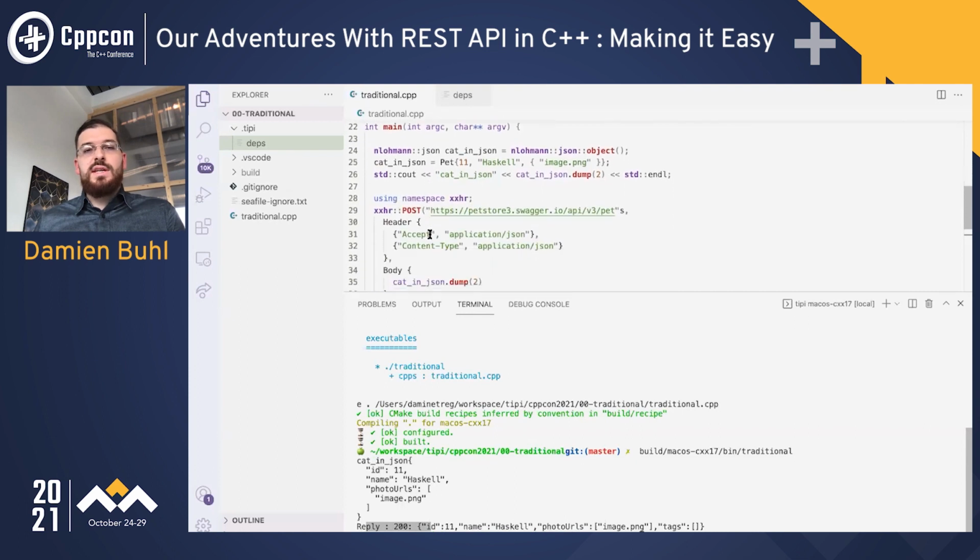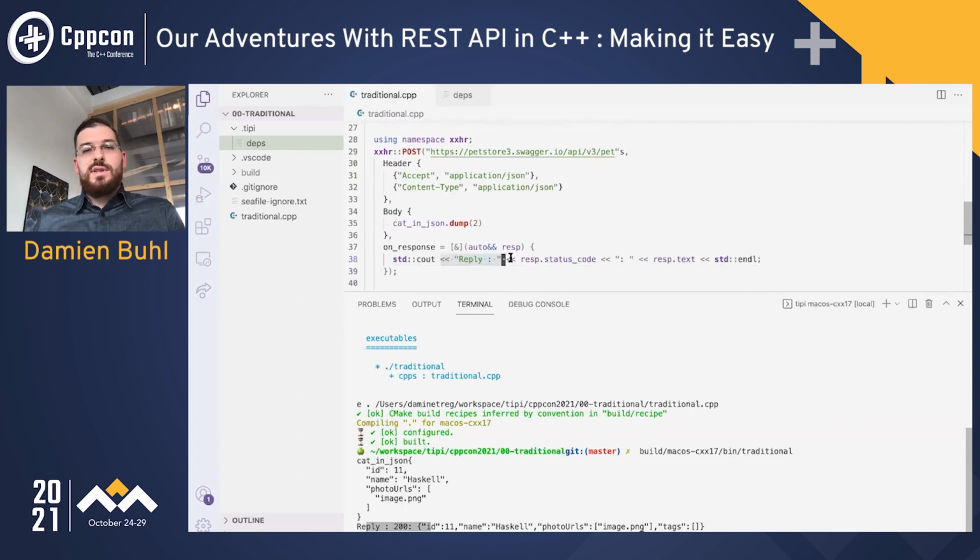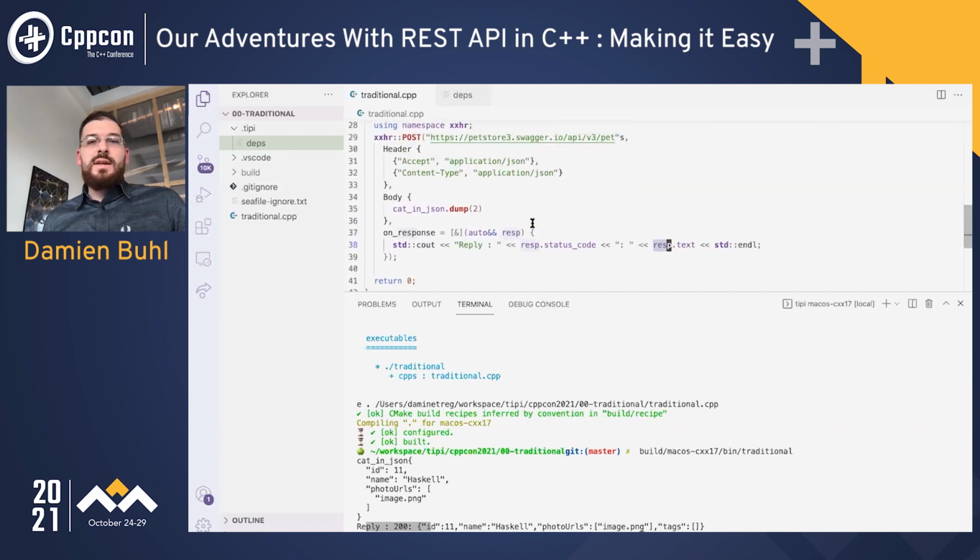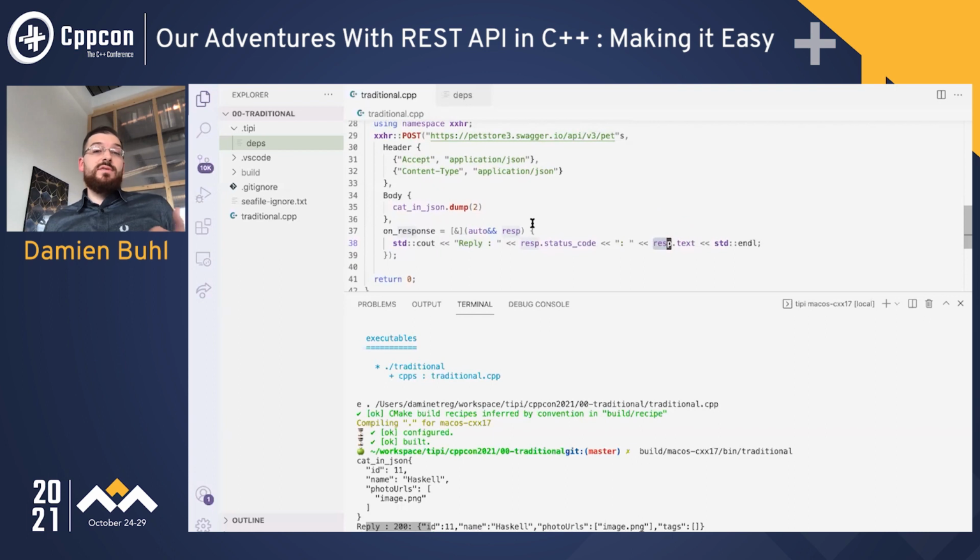So in HTTP, it's the reason for success. So here it's the output, reply 200, and we got back the input that we gave to confirm that the instance was created. So this is in itself pretty easy, but what happens if someone